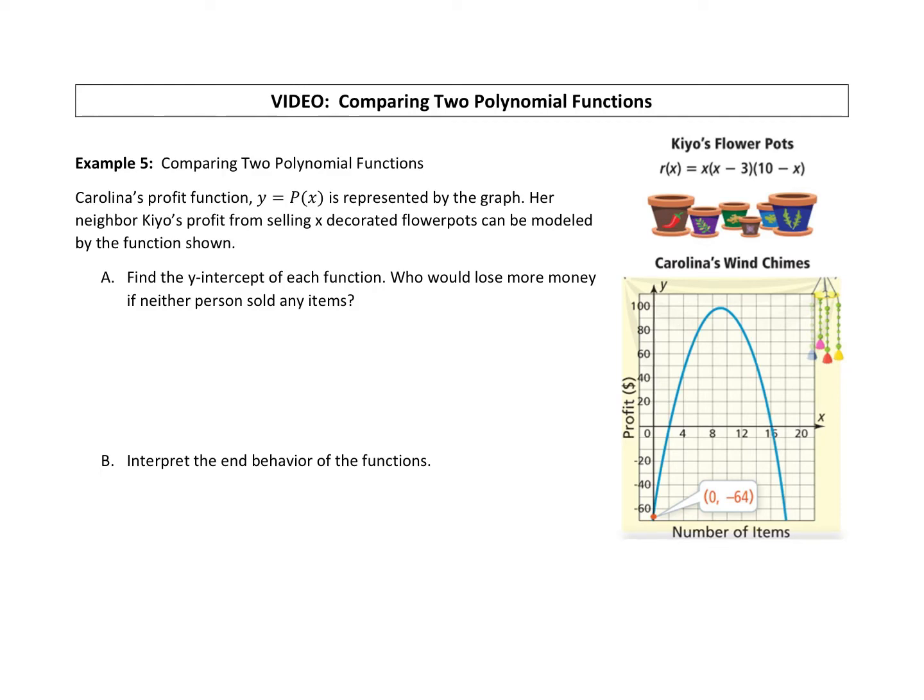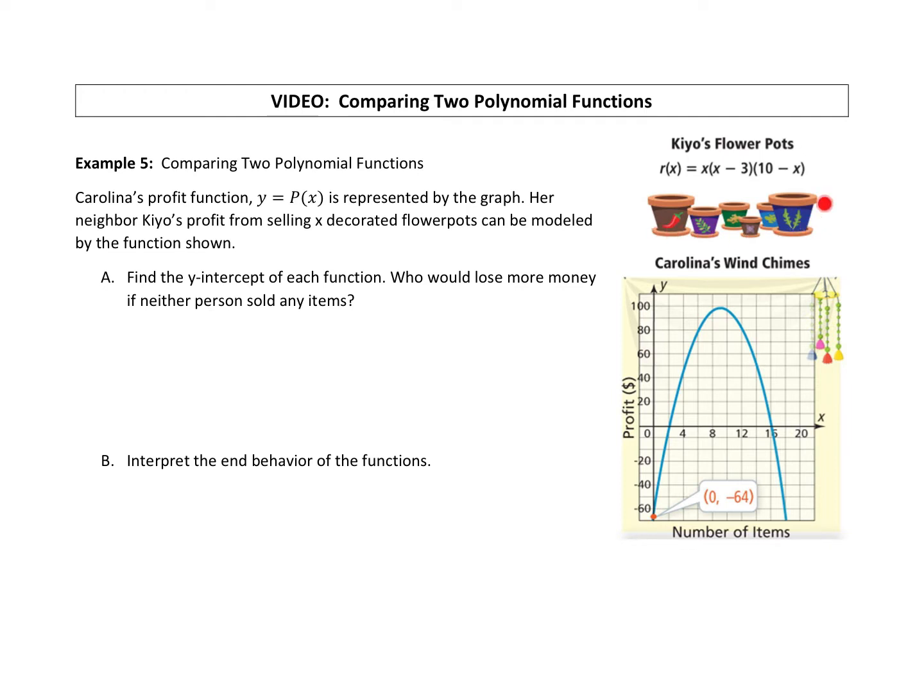Right, in this last example video for our 3-2 lesson, we're going to compare two polynomial functions. So Carolina's profit, y equals p of x, is represented by the graph. I guess this is the same Carolina. We got our wind chime up here. That's cool. All right. Her neighbor Kayo's profit from selling x decorated flower pots can be modeled by the function